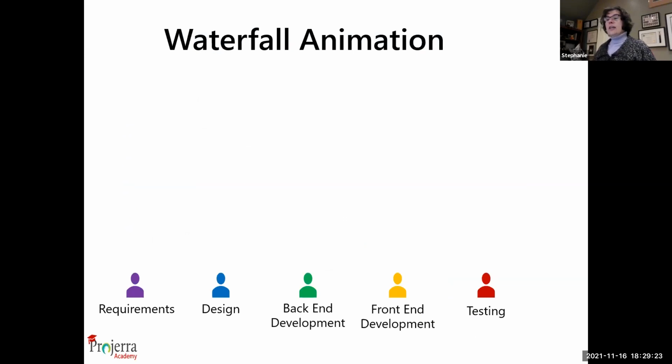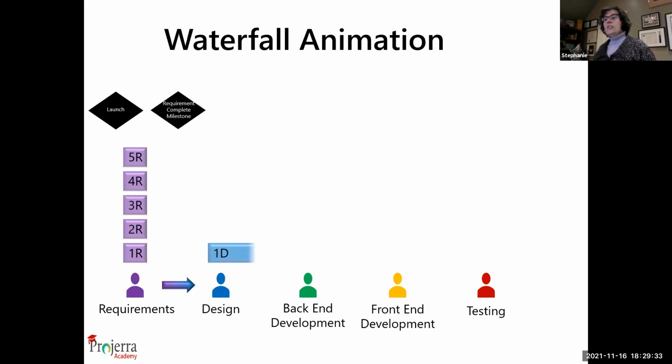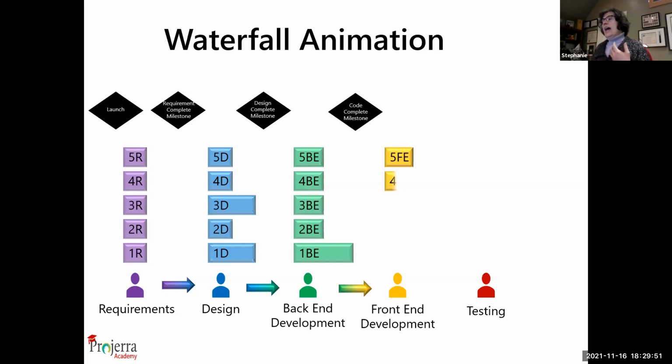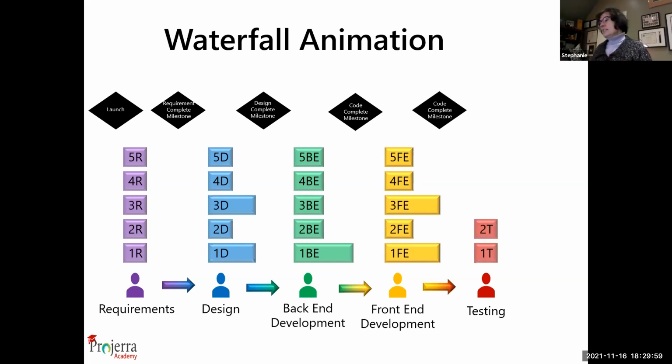Now, here's a quick little animation to show you what it looks like. So there's a product launch, the BA writes a bunch of requirements, and then they sign off and say, yep, requirements look good. Now let's do some design documents. So the design team gets engaged, they write a bunch of different design documents, and they do a design review, and they say, okay, design's good. And then maybe somebody on the database team or on the hardware team will get involved writing some code for the back end, and then they write the user interface or the front end, and they get all of those components, and they say, okay, code complete, now we're going to test it all.